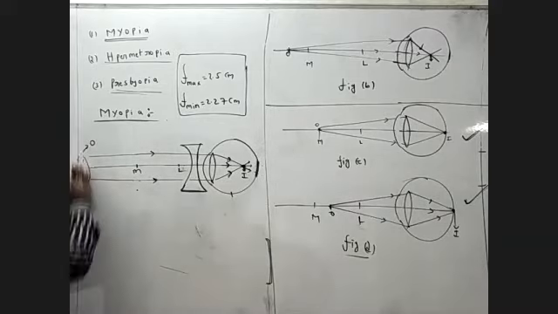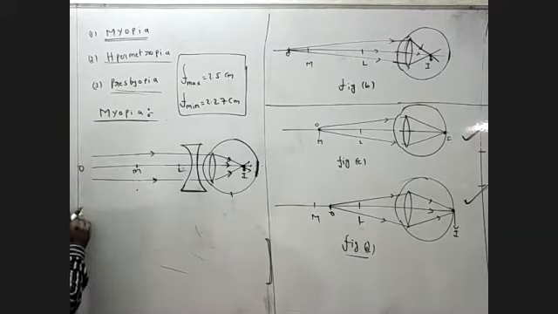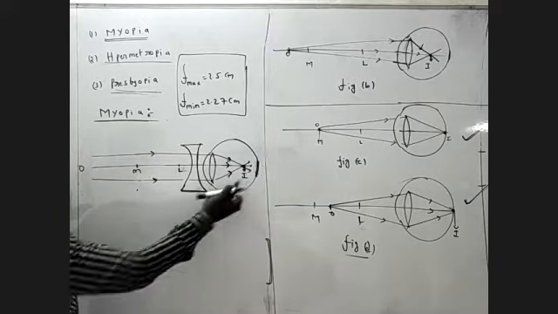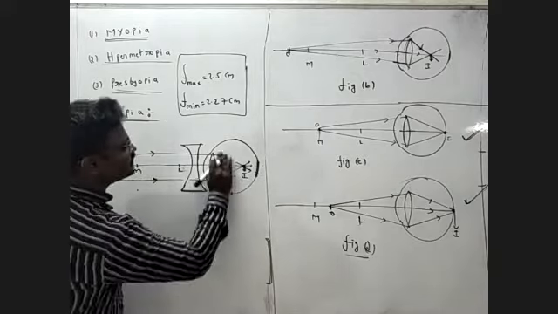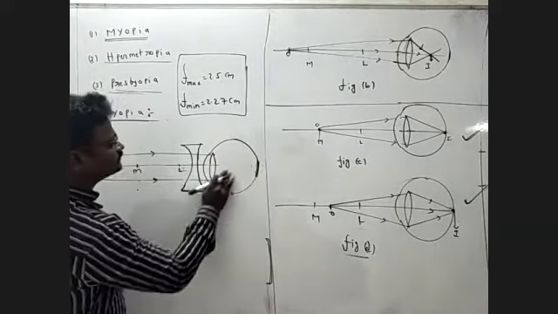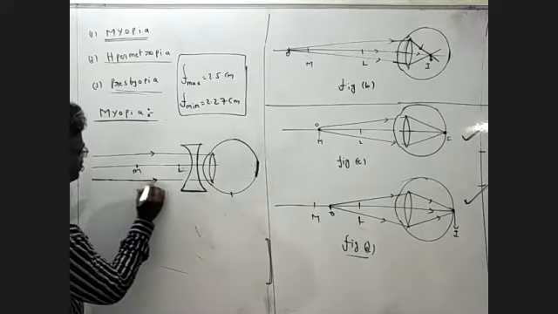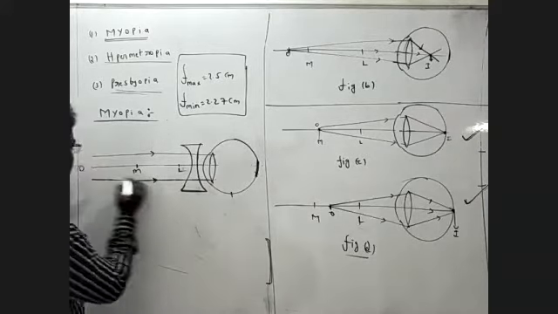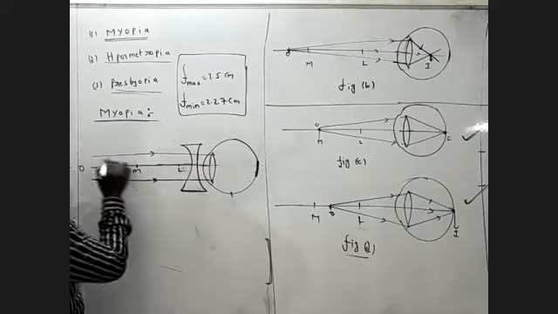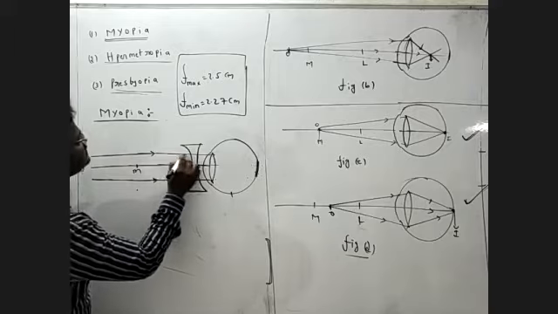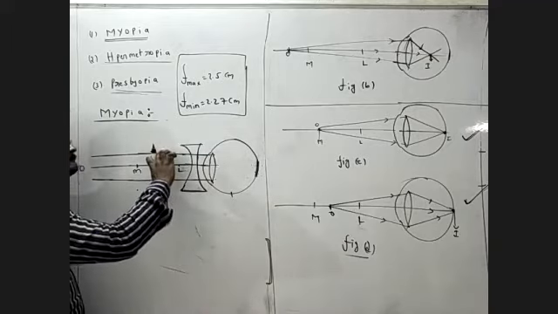For example, this is the object. This is the image. Now I'm going to explain. Suppose a ray is coming from infinity. These three rays are coming from infinity, and they strike